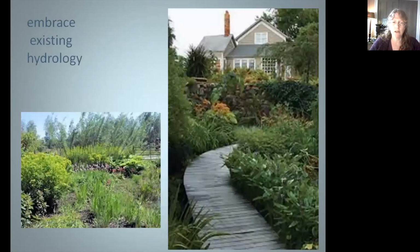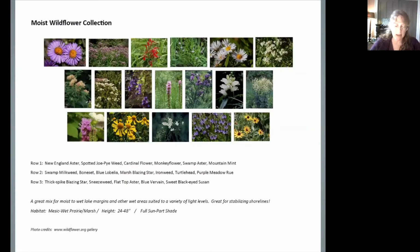So here are also some places that have embraced the existing hydrology, and you don't have to not use it. You can put in a boardwalk and walk through, and also have all the wonderful plants that you wouldn't actually have. It opens up a whole palette of plant opportunities and the accompanying wildlife with all these plants. So these are native, and I believe these are all native to Vermont, actually, and they're native wildflowers, not just wildflowers, which brings up a point that many people don't